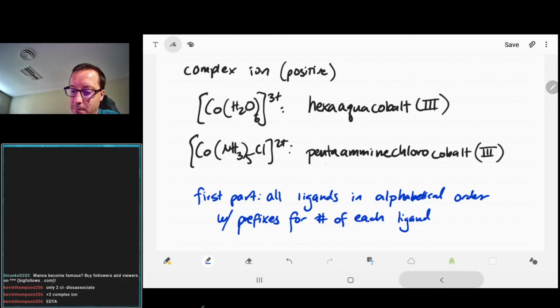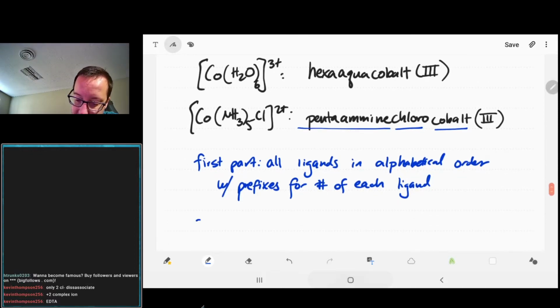So that's why we had pentaamine chlorocobalt. We have 2 different ligands on the second one. We had 5 ammonias, 1 chlorine. Amine comes before chloro. So we are going to put amine first, and we're going to put penta to signify that we have 5 amines on there, 5 ammonias. We're going to just not worry about mono for these, so you only need to put di, tri, tetra as those go through. And then the second part of the name